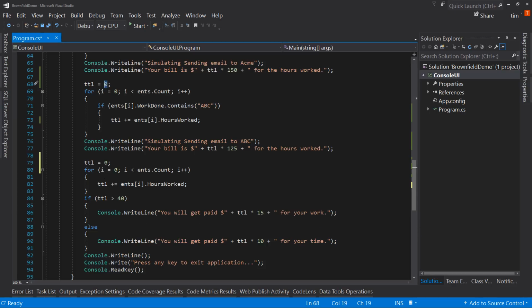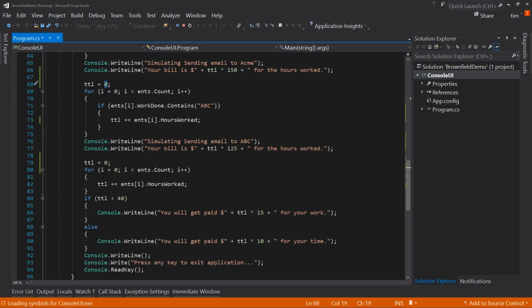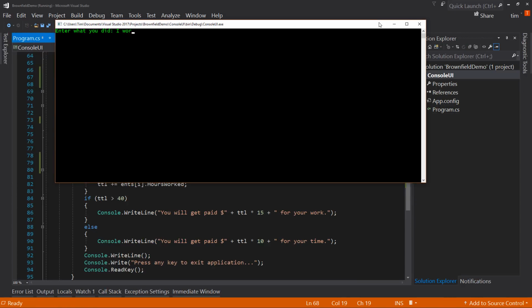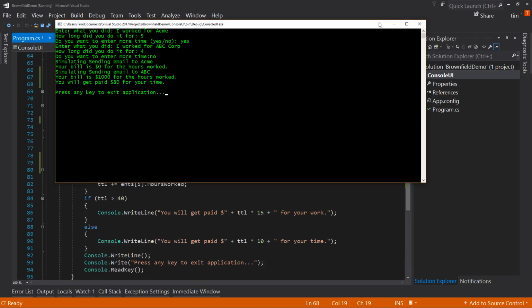And in fact, we can test this again by putting both an Acme and an ABC entry in here and making sure that this still calculates properly. So let's run this again. I worked for Acme for 5 hours. Yes. I worked for ABC Corp for 4 hours. No, I don't want to enter more time. So 5 hours for Acme, 4 hours for ABC. Acme,